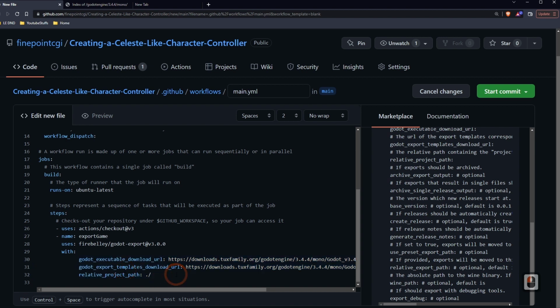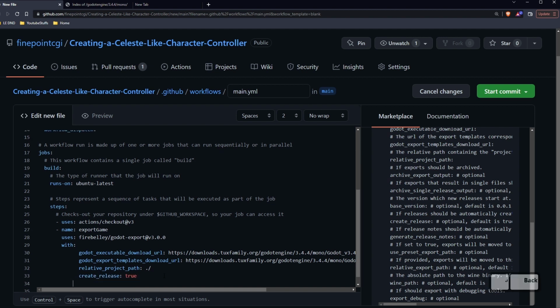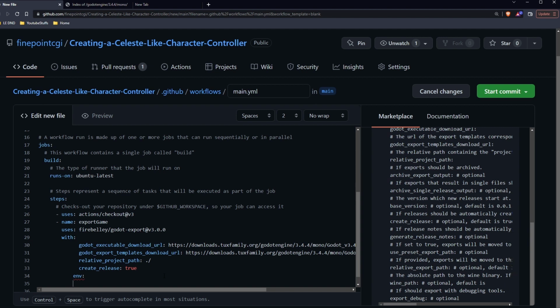Now, what we can do is go ahead and turn on our releases. So let's pull that in. We'll say create_release: true, just so that gets taken care of. And then I'm going to also allow it to create releases on GitHub. So what we'll say is env: and then we're going to say GITHUB_TOKEN: